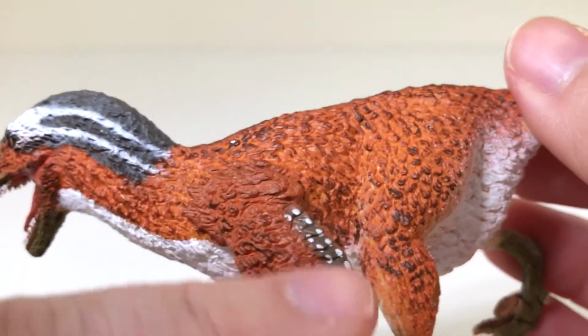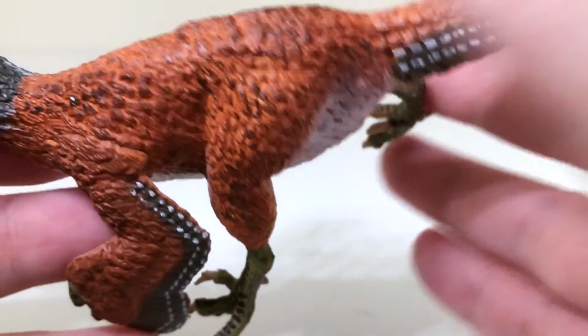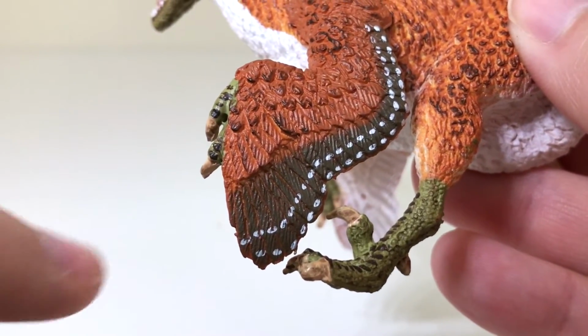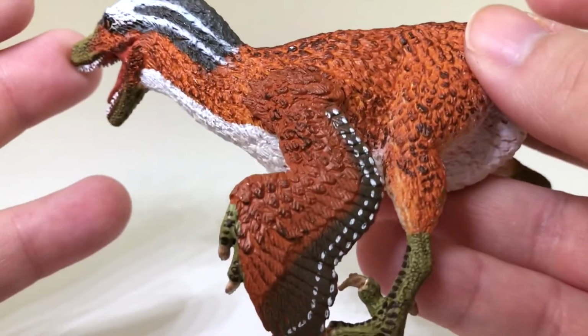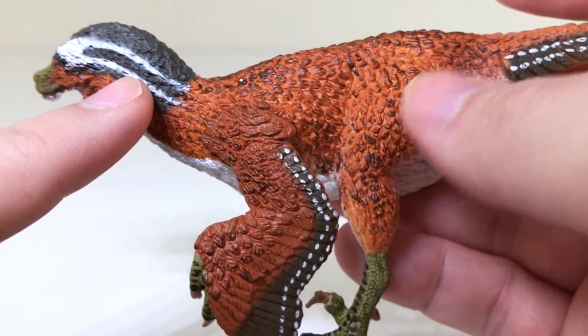You can see all of the feathers on its body. Plenty of feathering on it. And if you look at the wings here, it's got the longer feathers that extend from the middle finger of the animal, which is accurate. And they look great. You get this orangey sort of color on most of the body,